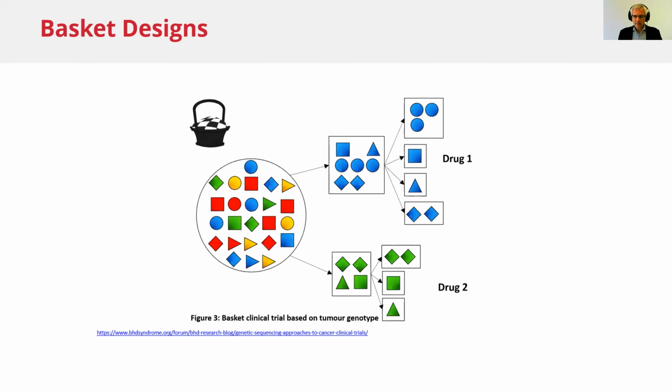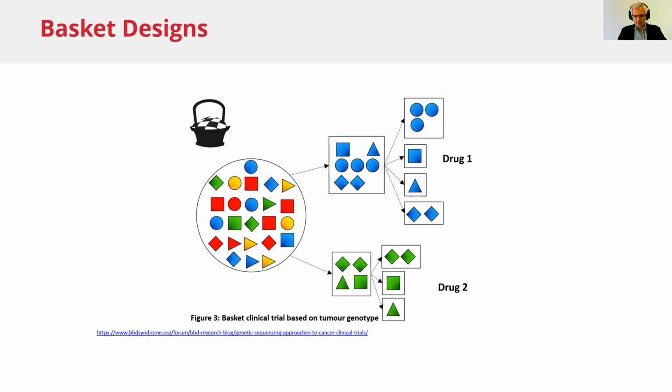It's a way of saving 3 additional clinical trials. The research question changes slightly. Instead of, is there efficacy of this drug in this cancer? The question is, does this drug have efficacy in at least one of these cancers? And that slight change in the research question allows greater efficiency and allows the data across the cancer types to